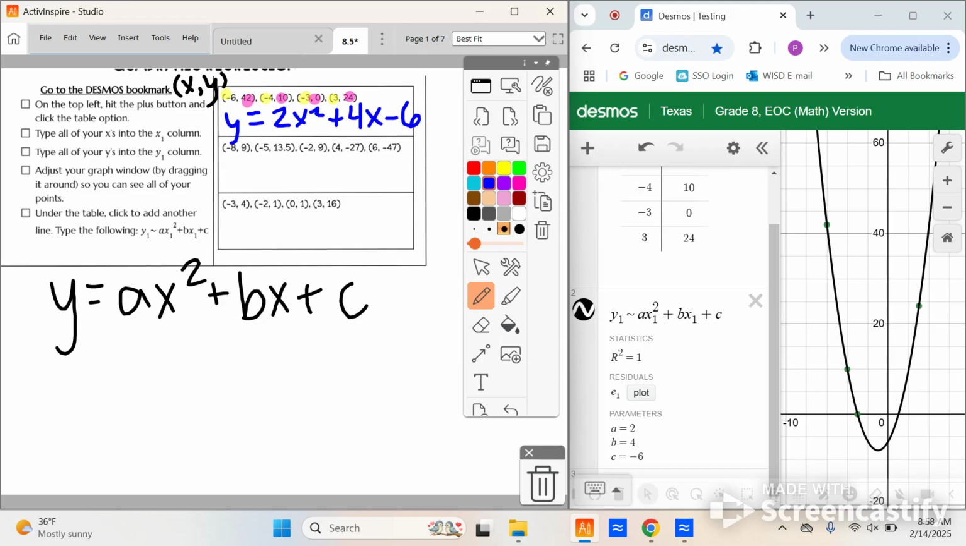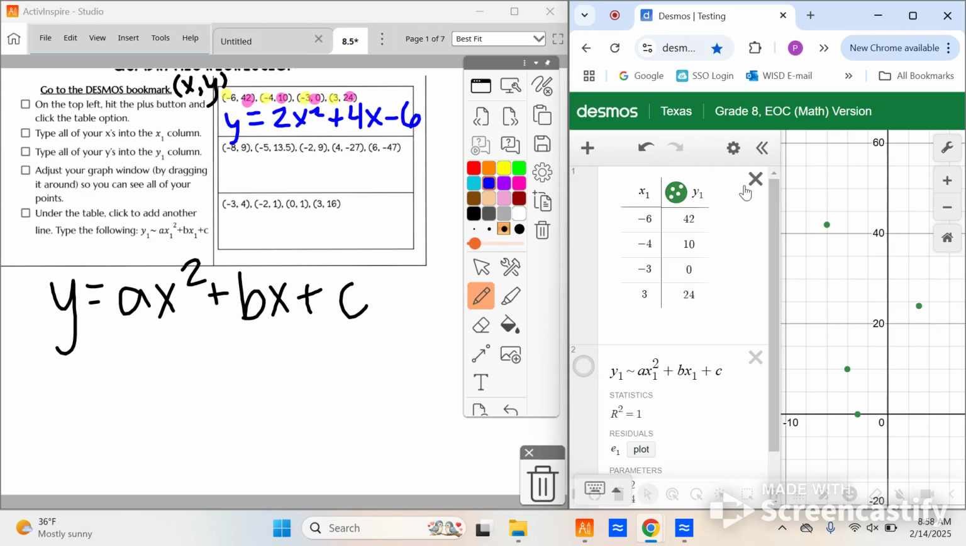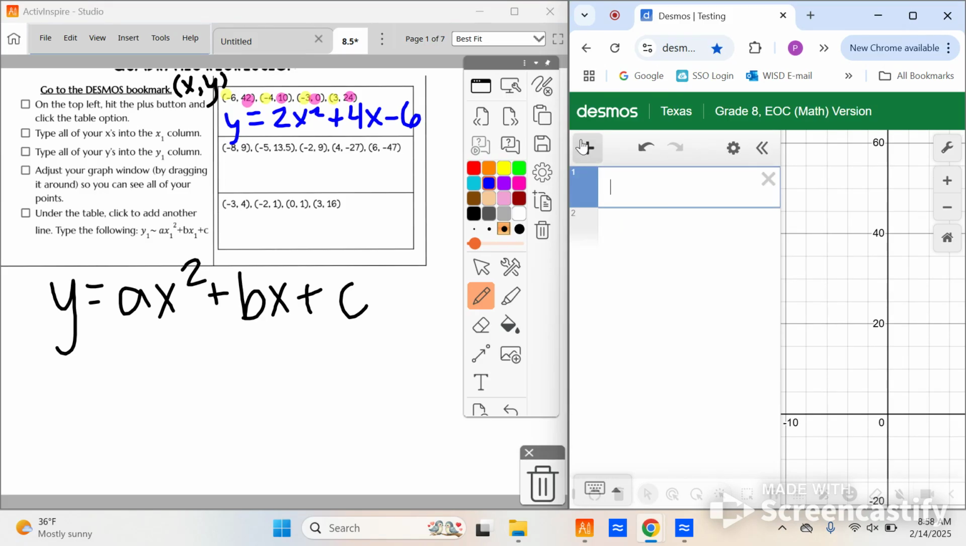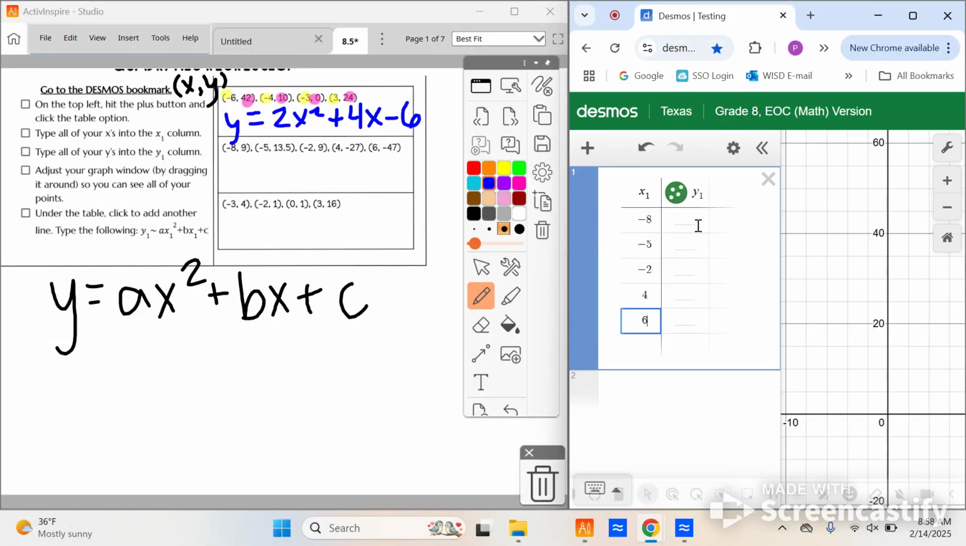Now we're going to do the same thing. If you'd like, you can just make these line and table invisible, but instead I'm going to clear them out to move on to the next one and start a fresh table. So I'm going to put in my x values, -8, -5, -2, +4, and +6. And then I'm going to put in my y values, 9, 13.5, 9, -27,